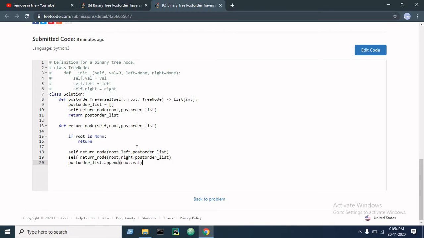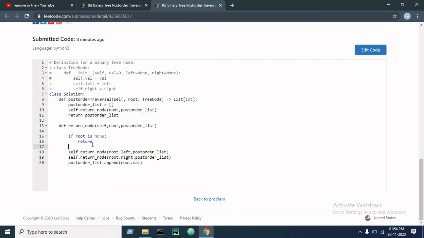You can see first I go left and it will run till it finds none, and same for the right, it will recurse itself till it finds none.